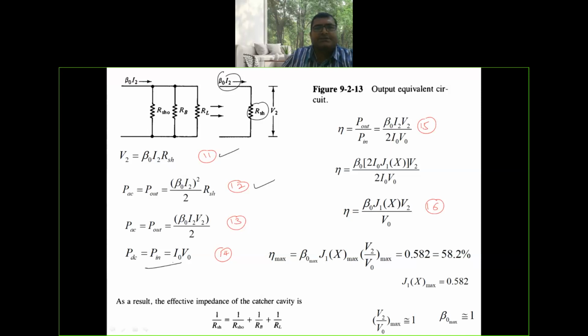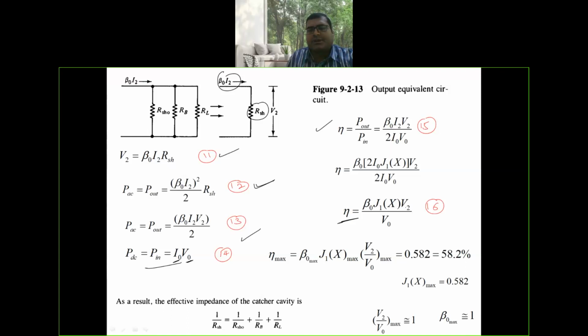I naught is the input current, V naught is the DC voltage. Now here the efficiency is equal to P out by P in by substituting equation number 12 and 14 in 15, and after rearranging you will get the equation for efficiency eta is equal to beta naught J1 of x